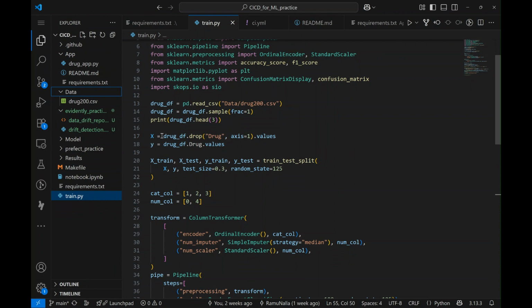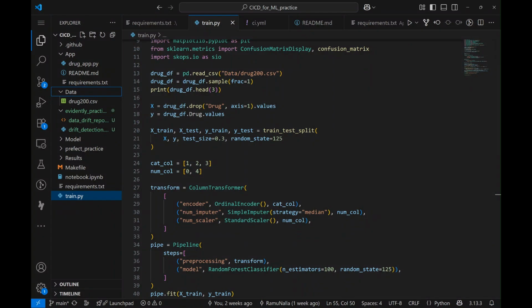So basically I have split my data into X and Y, and again using train_test_split from sklearn with a 30% test size, that is 0.3. That means of the entire data set, 30% will become my test data set and 70% is my train. I have basically categorized the train and test data set, and now I am going to